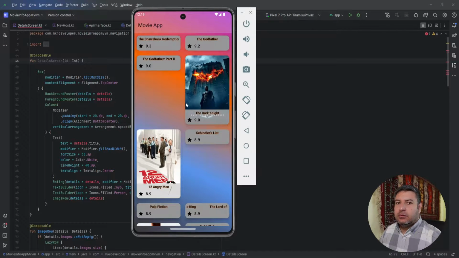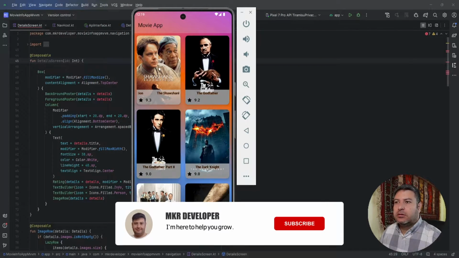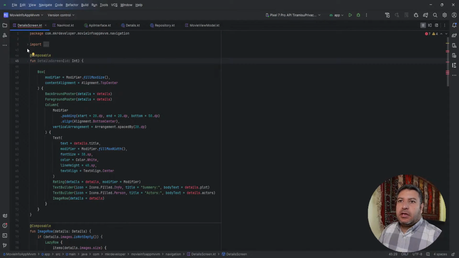And now we want to manage the click event listener, and by clicking on each image, we want to be navigated to the details screen, making a network call, receiving data about the detail of the movie, and display them in the details screen. Okay, here I have the details screen file, and inside of this file I have this composable,